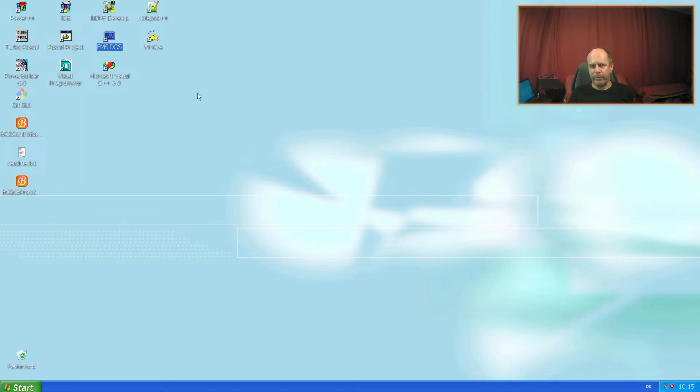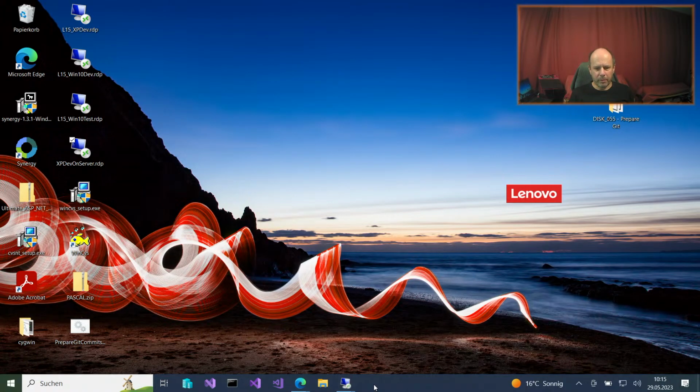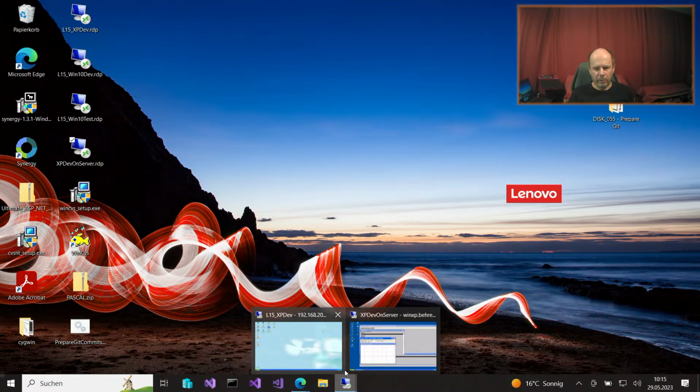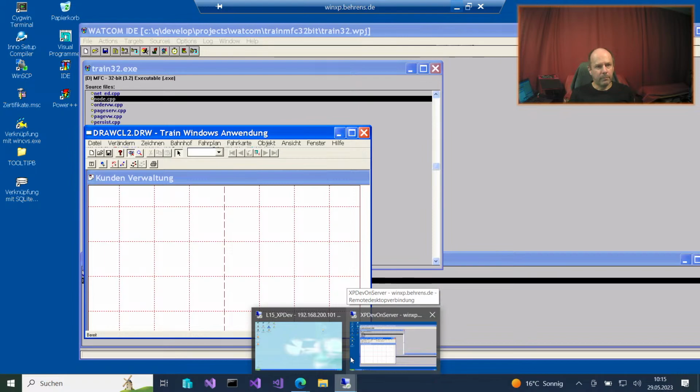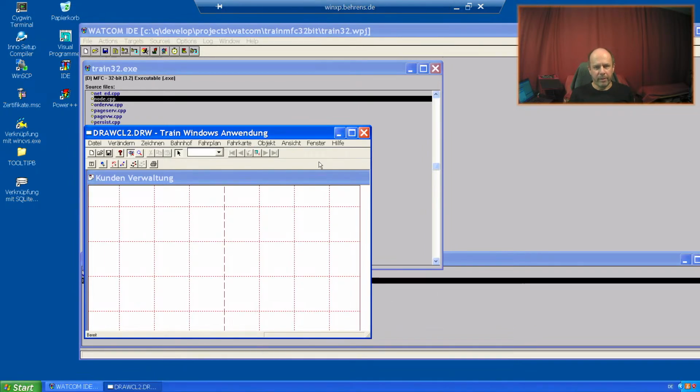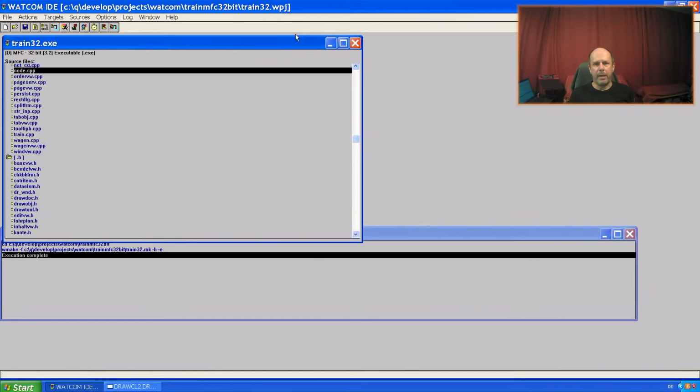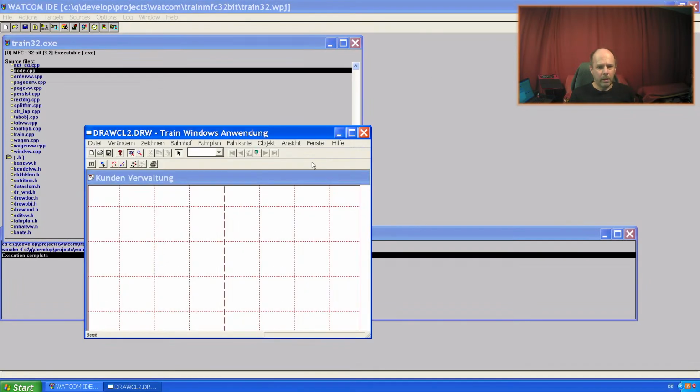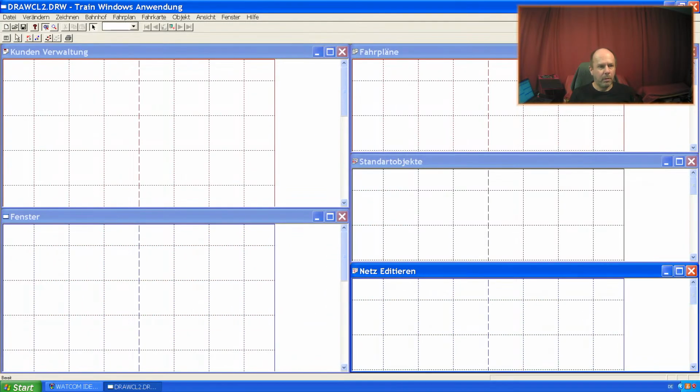The way they develop, and I want to show my progress away from Watcom development, MFC development, to more likely a database driven development. I need to close this.